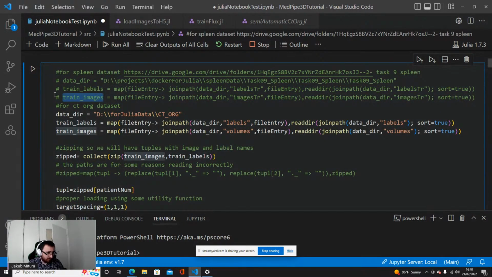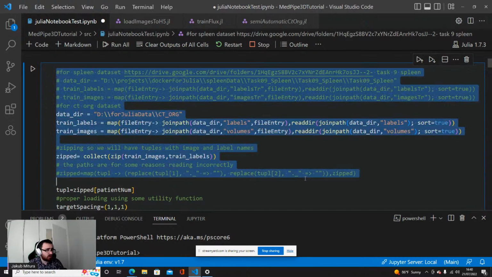This part is just collecting the paths. There is no magic here. We are just collecting the full paths of the files that we will work on in a moment.